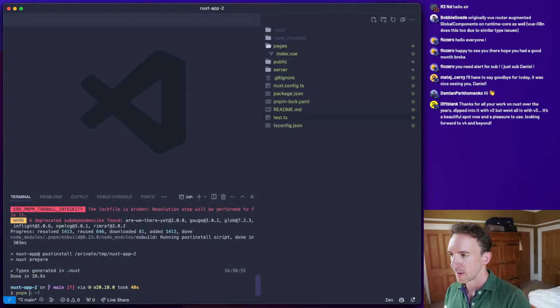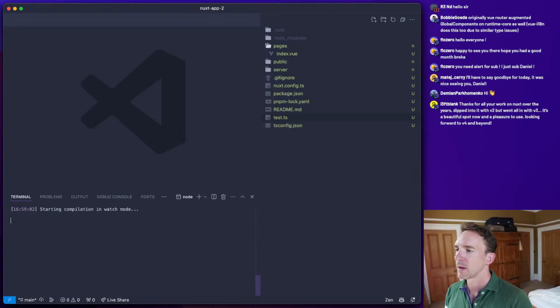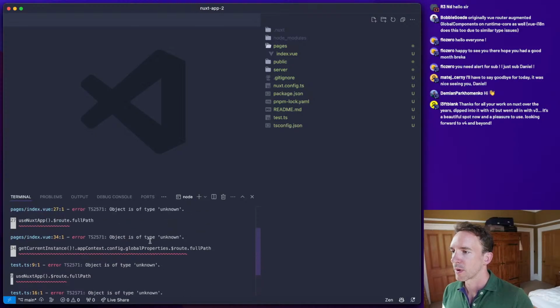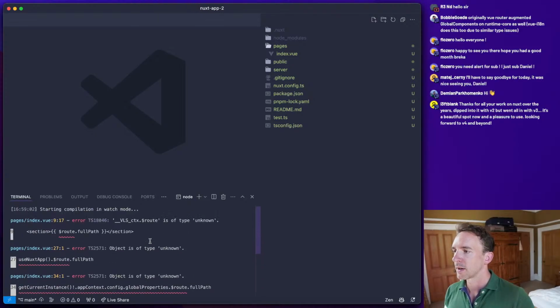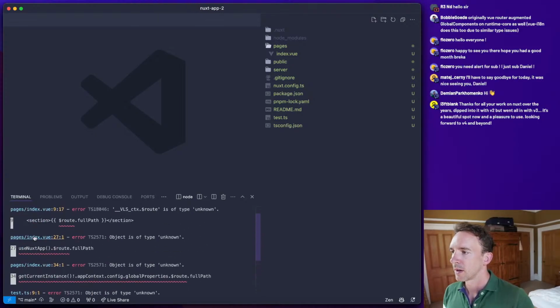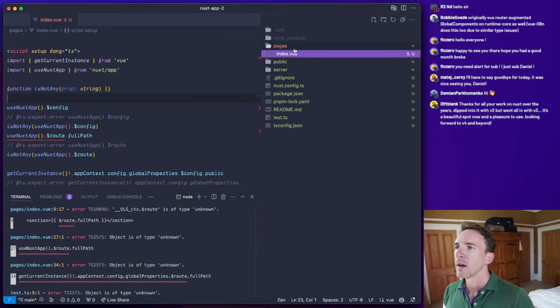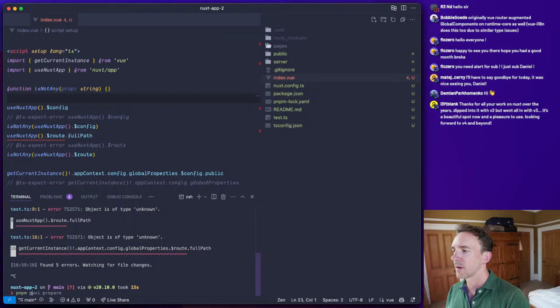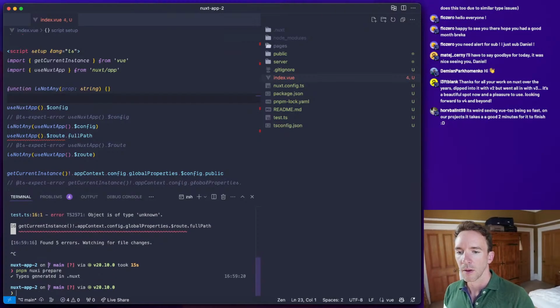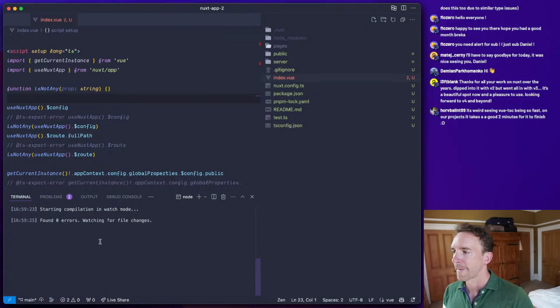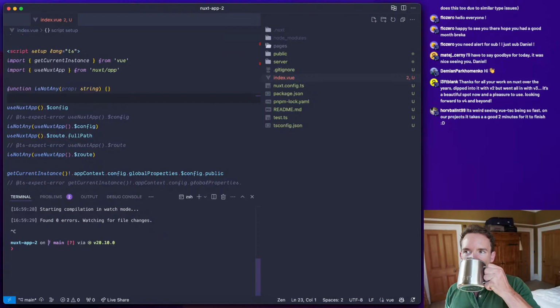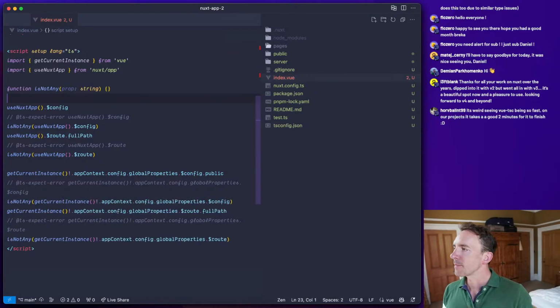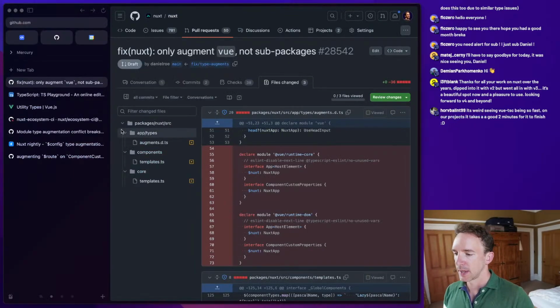Okay, let's see. vue-tsc. Yeah, we're expecting that. We should confirm that this actually still does work if we... Okay, this is all good. I think this is the correct fix in this PR,